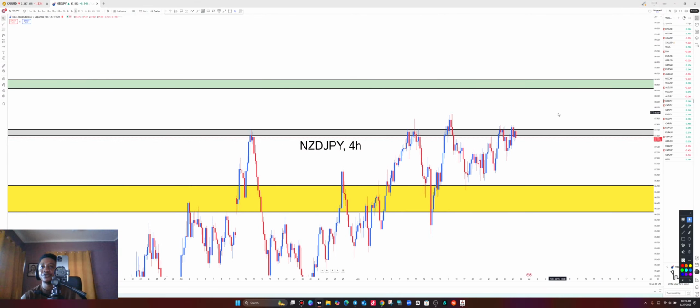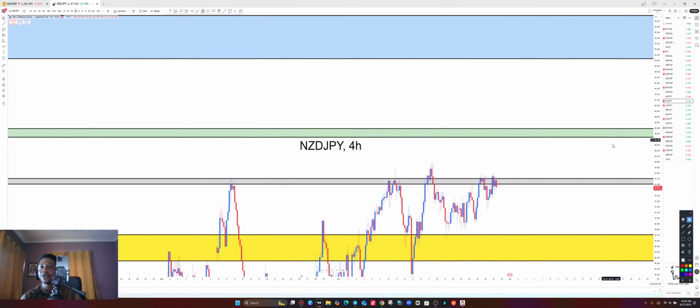If you look at the 4-hour time frame of NZD JPY, we have the 4-hour resistance level over here, which is a very strong level of sell pressure. Why? Because when price makes contact each time, it sees sell pressure to the downside. So before we can buy on NZD JPY, we need to see price break above this resistance level to give us a higher high, a higher low. Then we can buy all the way to the upside on NZD JPY.